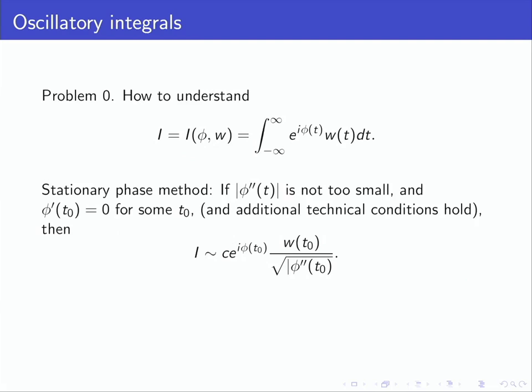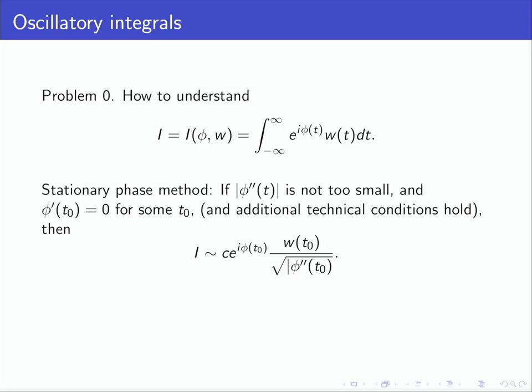So next, let's suppose that phi prime is small. So let's say it's 0 somewhere for some point t0. So t0 is defined implicitly by this equation, phi prime equals 0. And then the stationary phase method tells you if the second derivative is not too small, then it lets you get an asymptotic formula. So these types of results, this kind of asymptotic appears in different sources, like Iwaniec and